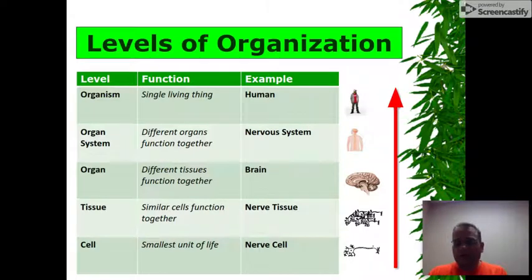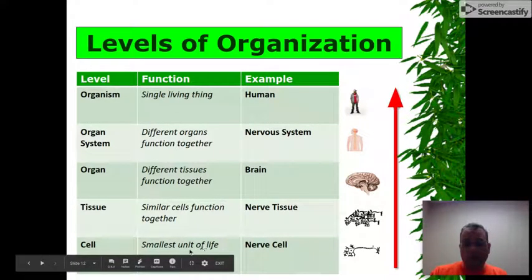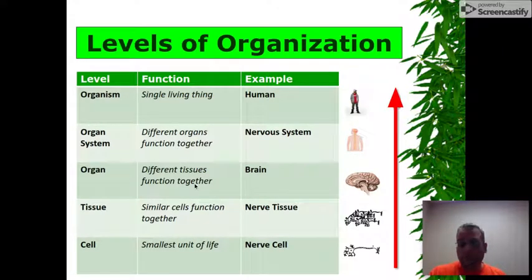Levels of organization. This is something we're going to talk about more this year as we get into body systems. The smallest unit of life is a cell. Put a couple of cells together, you get tissue. Put 2 or more types of tissue together, you get an organ. Put a couple of different organs together, you get organ systems. Put multiple organ systems together, like the respiratory system, blood system, nervous system, cardiovascular system, and many others, you get an organism, like, for example, a human.